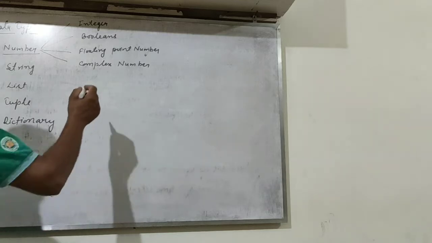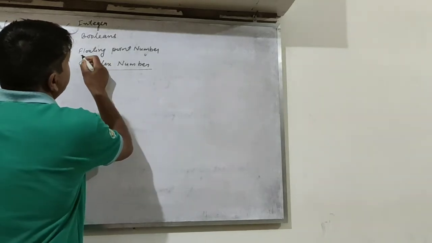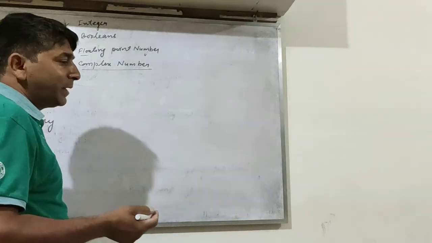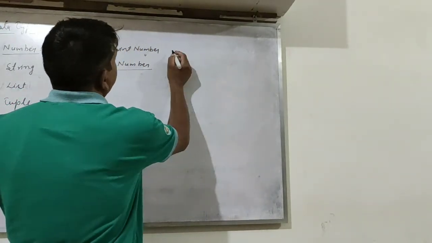When we talk about literals, we have to talk about integers, booleans, floating point, and its different categories. We already discussed that, right? And we also discussed the complex number: what a complex number is and how it works. Okay, I will also recap today how you have to write the statement.